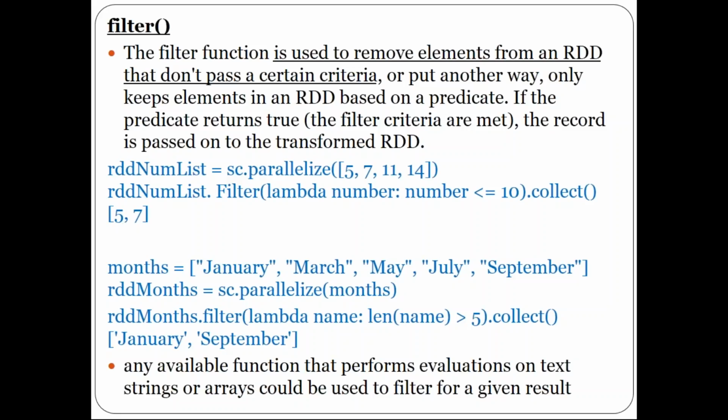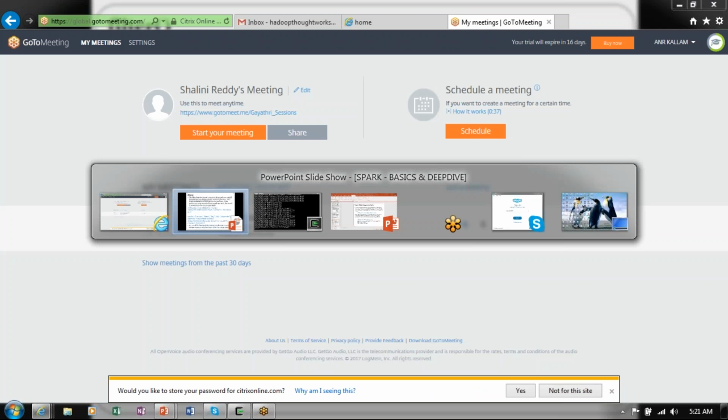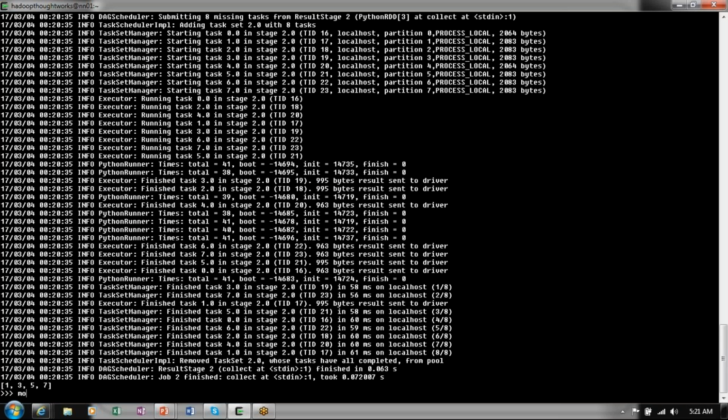if it is greater than 5, collect it. Now, March: 1, 2, 3, 4, 5, only 5 letters. May, 3 letters. No. July, 4 letters. But what are you telling? Length of the name must be greater than 5. If that is the case, give me the results. Okay, let's go and try that now. Months equal to